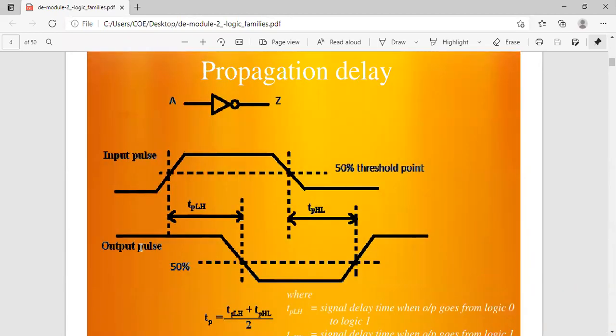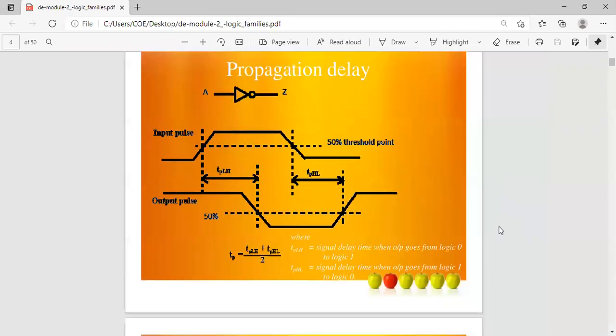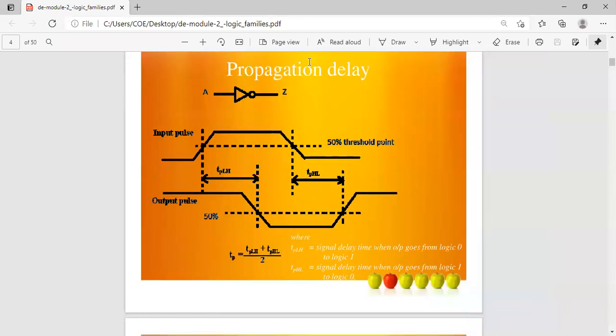Yes, so this is another important slide for you, because from your examination point of view there is a possibility of being asked for the definition of propagation delay. So this is the input pulse, and this is the output pulse. Listen carefully, this is the input pulse and the output pulse here. So what will happen here,